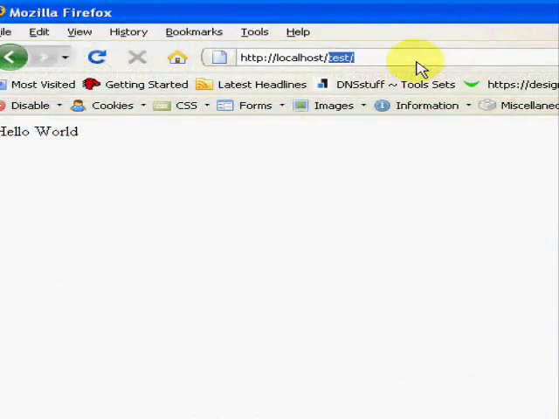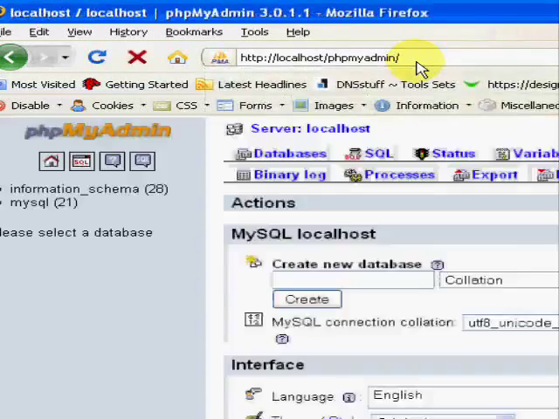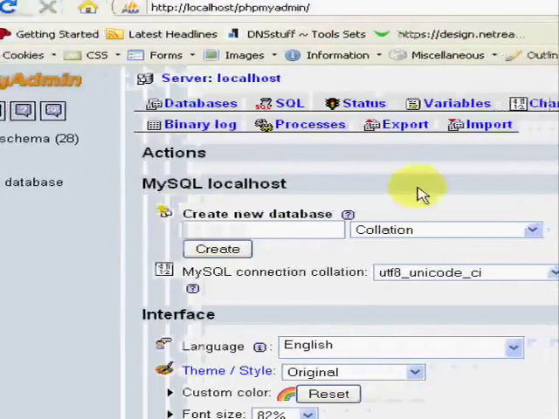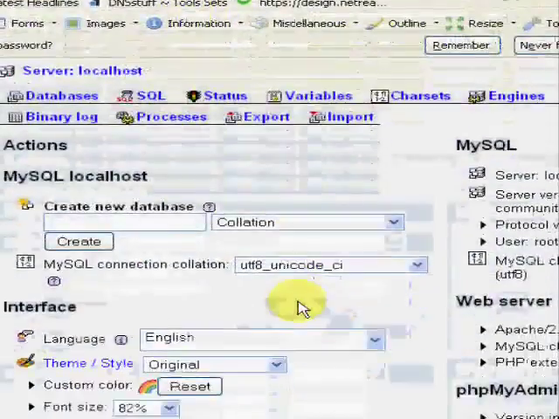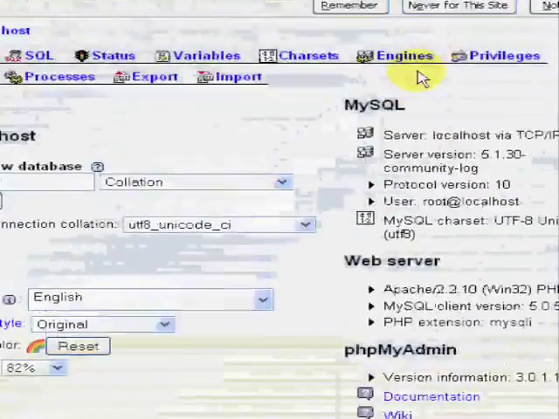Okay, so we also want to make sure that phpMyAdmin, so that's localhost/phpMyAdmin, is also working. If you get this type of screen, you know it's working right. Well done, congratulations. Okay, now that we're at phpMyAdmin, we also want to control how we access the